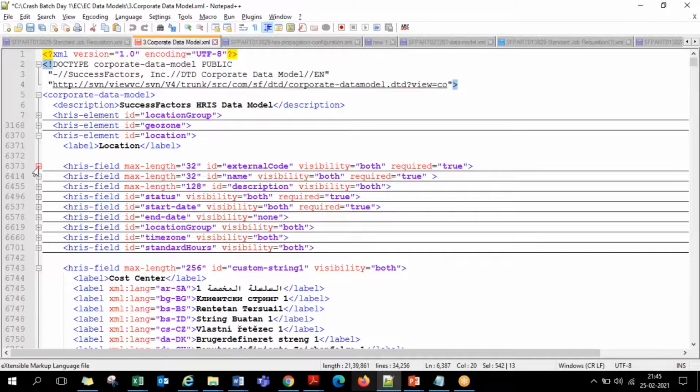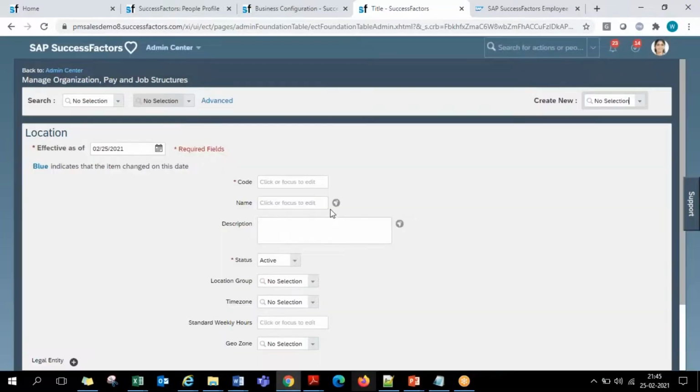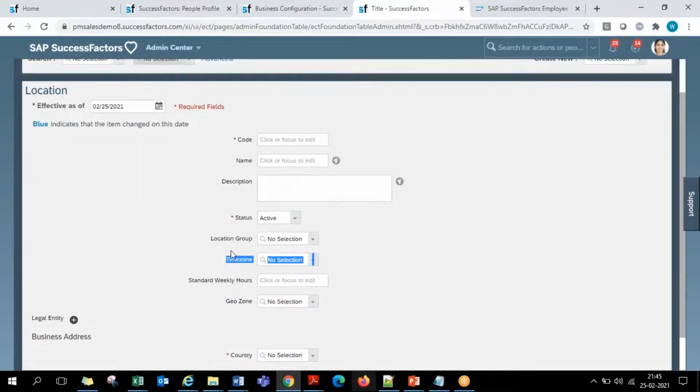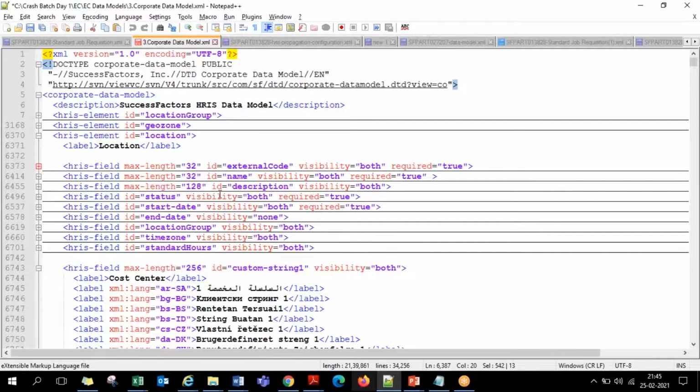Okay. So now if a customer has a requirement to make any changes on this location group, he's asking me to change this name to location group name, make this description field mandatory. Same on the location screen also, if they have any expectations on changes, like making this description mandatory, removing this time zone field from the screen completely, or adding one more custom field, anything, we are required to go to this XML. Here on these properties, we are required to make the changes,